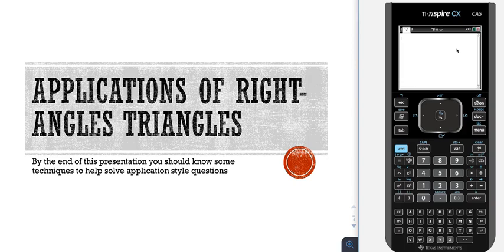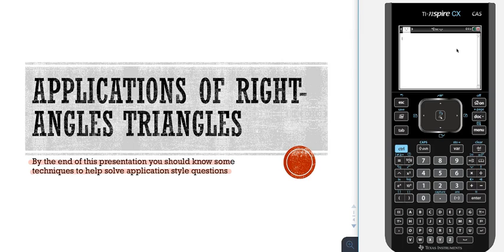This tutorial looks at applications of right-angled triangles. By the end of this presentation, you should know some techniques to help you solve application-style questions. This is a pretty hard concept that people often struggle with. Getting questions out of worded sentences is a skill, and you really just need to practice it